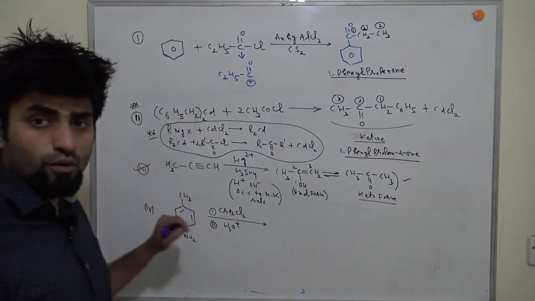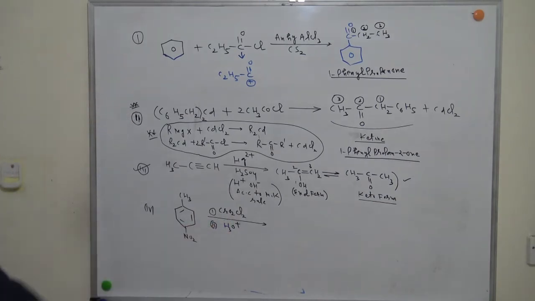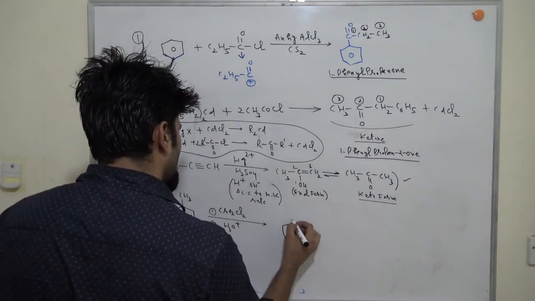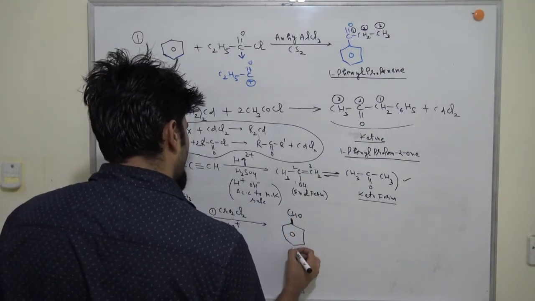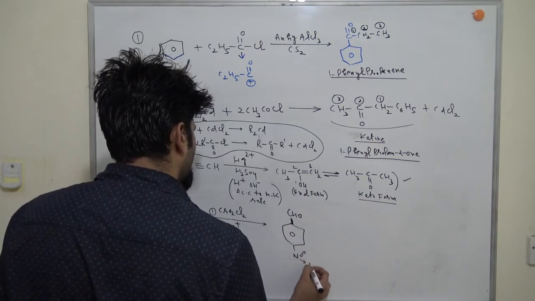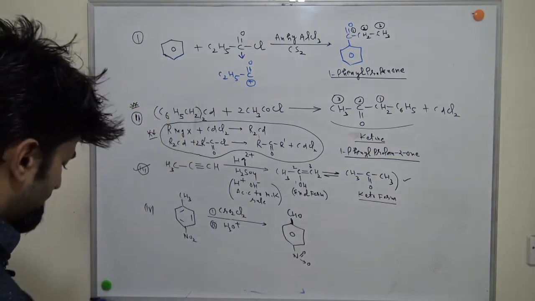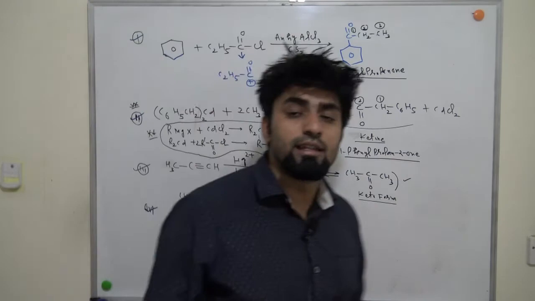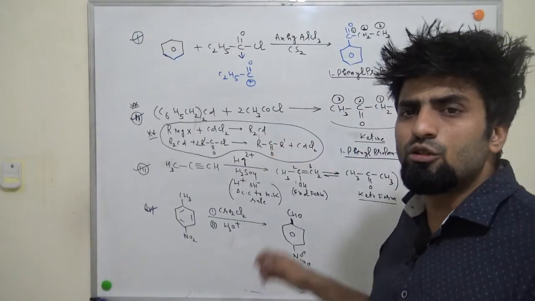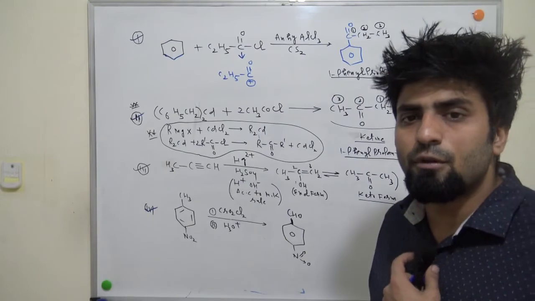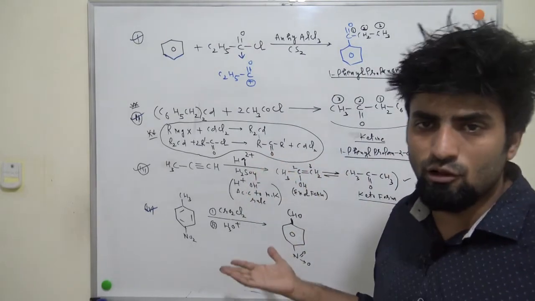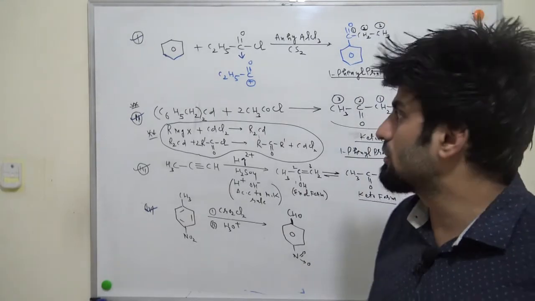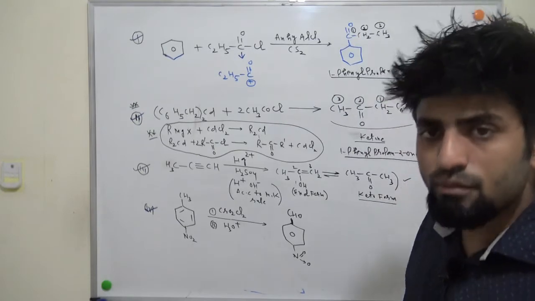Now what is question number 4? See question number 4, you are saying chromyl chloride, hydrolysis. What will happen? CH3 will change into CHO, that's it. It is an Etard type of reaction. And NO2, nothing will happen to NO2, it will remain like this only. These types of questions are given as examples or in-text questions in your NCERT, and you will find the same type of questions in the exercise also, right? I'm discussing these questions, so it will be good practice for us. Understood? Okay, so I'm done with the questions.